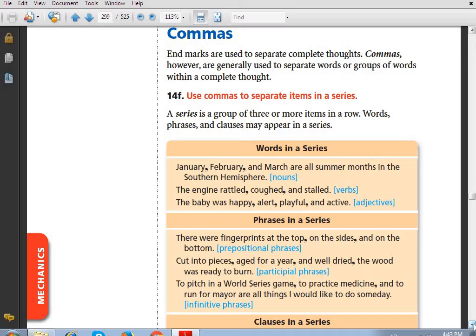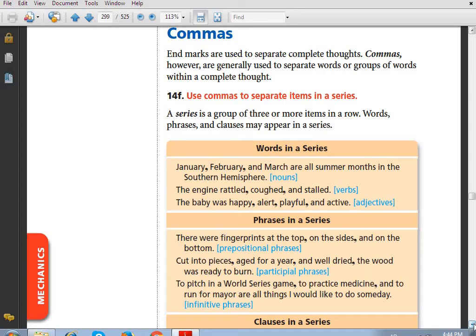Okay, words. Look at these examples, or look at these cases. Words in a series: barbecue, hammock, canoe, and moccasin are four of the words. If I write words in a series, I separate them by commas. What about phrases in a series? Checking his shoelaces, fastening his helmet strap, and so on. I have many phrases, one by one, in a series, so I have to separate among them